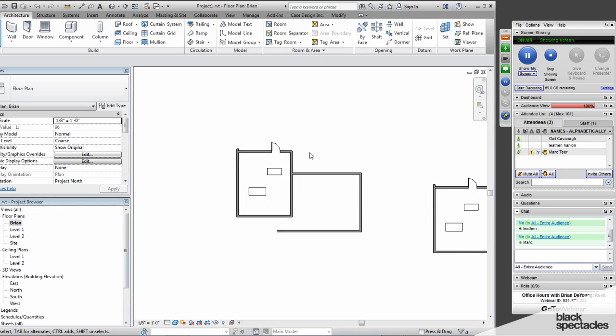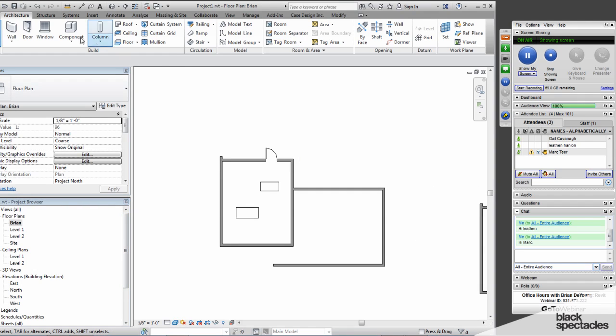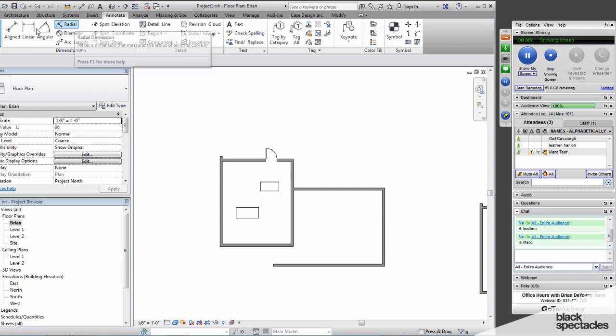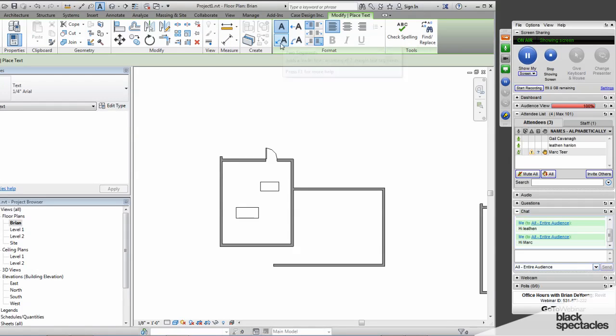And then what I can do is I can make a note, or I can do whatever I need to do to tell someone else on the project that something has changed, or that we need to look at something. So what I can do is just write a text note, something like this,